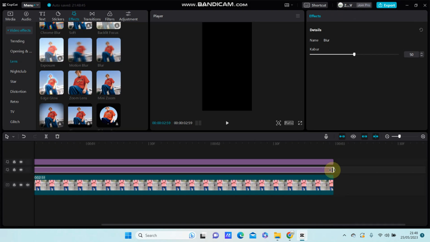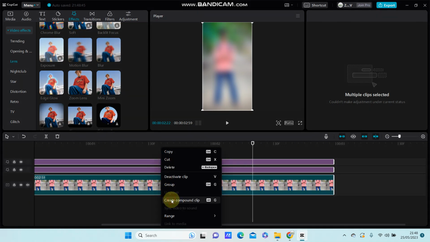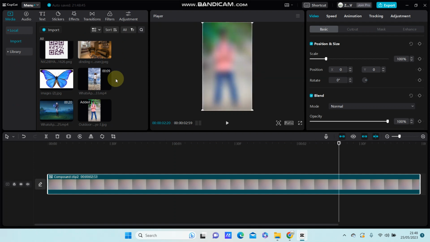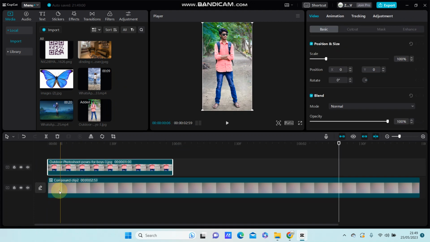Right after that, you are just going to select the clips, right click and create compound clip. So import the video, you can add the same image of the video